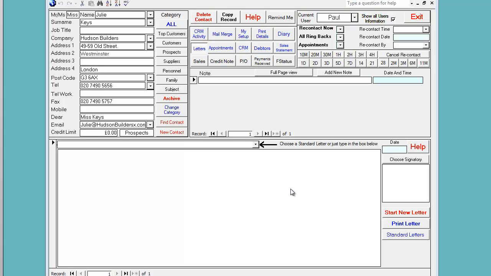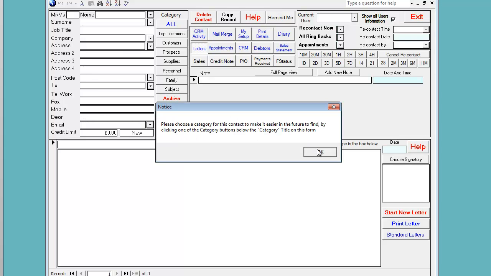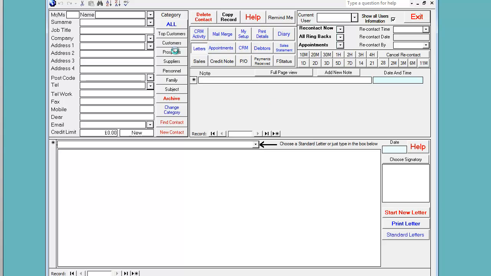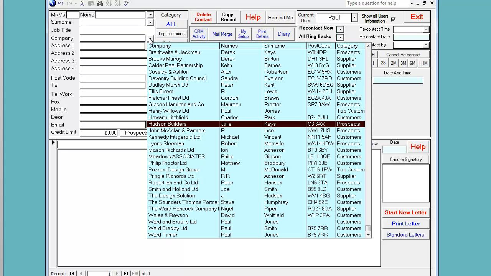This is how we enter data onto the system. Click New Contact, choose a category, we'll say it's going to be a prospect, and fill in all the data in the boxes here. To save you watching me do that, I'm just going to cheat and collect an existing customer